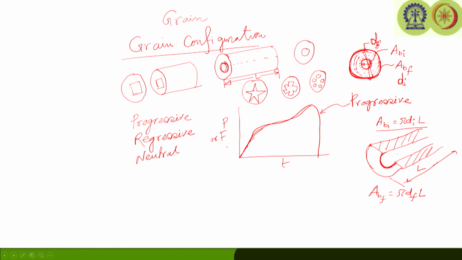Now, if the burning decreases with time, we can say the burning feature is kind of regressive. So, this type of burning is called regressive. So, if there is some geometry where we can see that the area is decreasing, we can take one example, like let us say